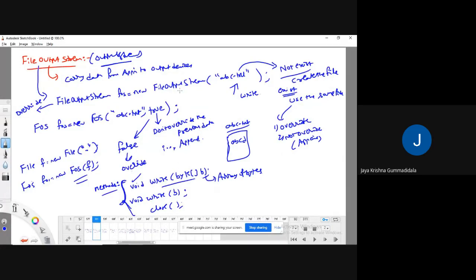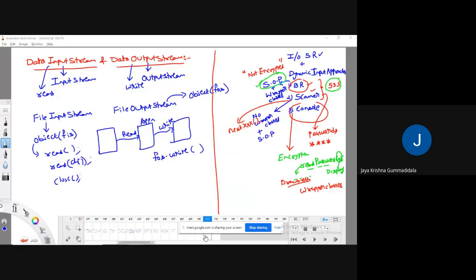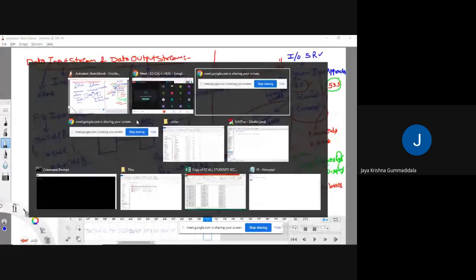I hope you already know how to create various kinds of constructors. Okay, fine. So I can write an array of bytes, I can write a single value, or I can use the close method. I can write some value, or I can write an array of bytes, where the byte array has been declared outside. Like this, you can use the FileInputStream as well as FileOutputStream class. Let me show the execution so that you will get very much clarity.